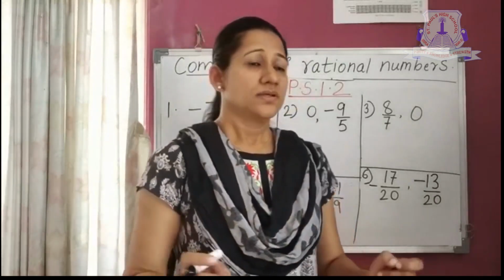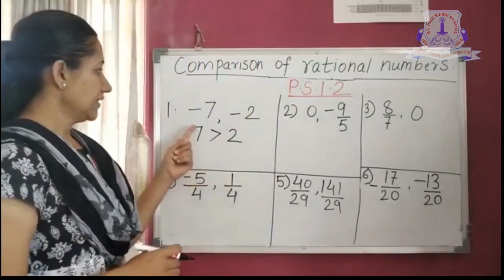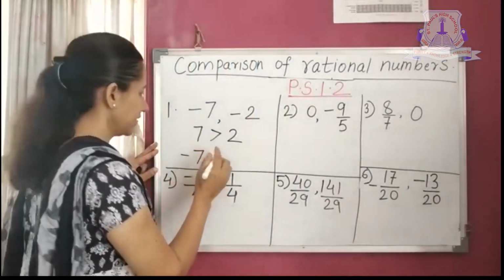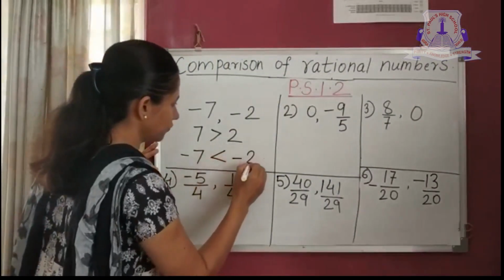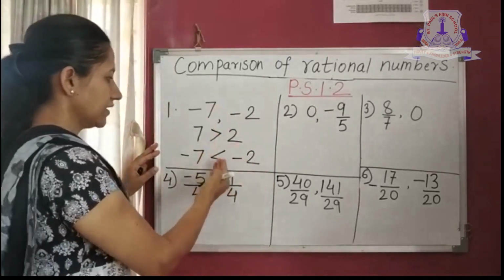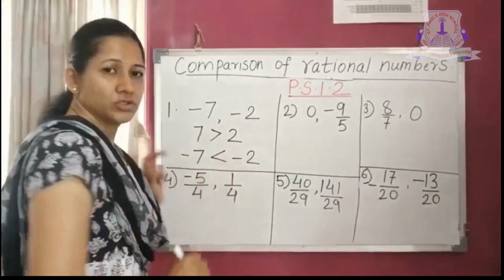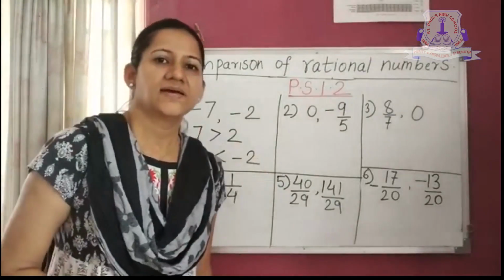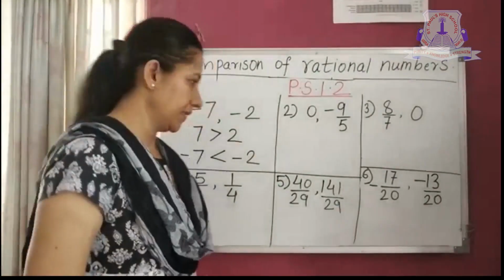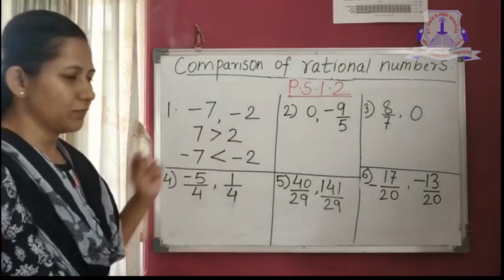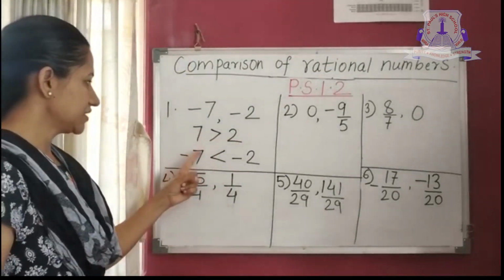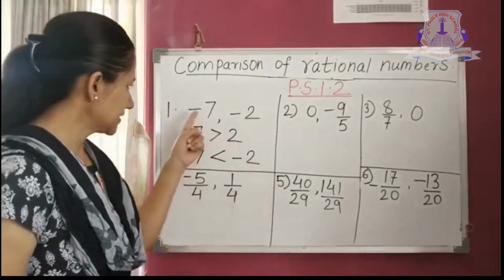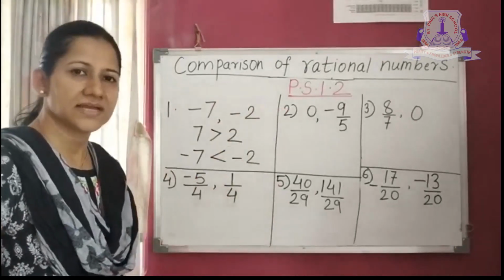Now here also, -7, as I said, will be reversed for negative numbers, so -7 is less than -2, because on the number line -7 is towards the left of -2. All the numbers towards the left will be lesser than the numbers towards the right-hand side of the number line. Clear? So first convert into positive, and then the one which is greater, once we write them as negative, will be less. It will be reversed. Is this clear?